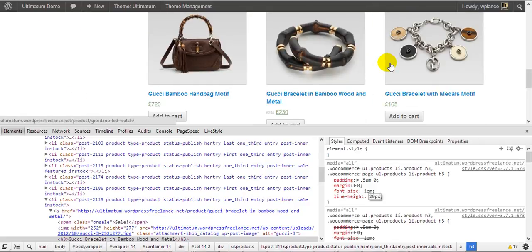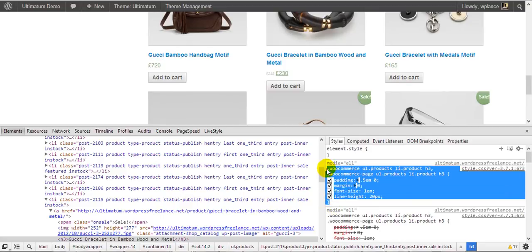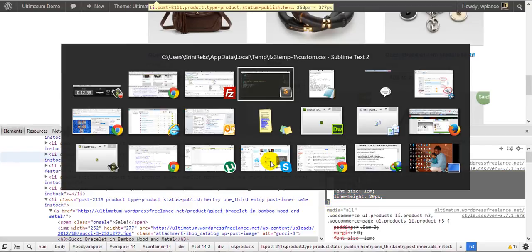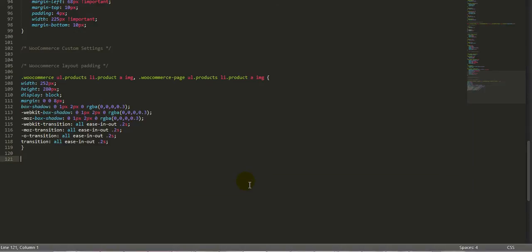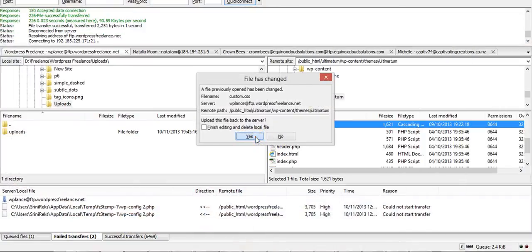Okay, this is good. And let me copy this, add it up in my custom CSS, Control S, yes,